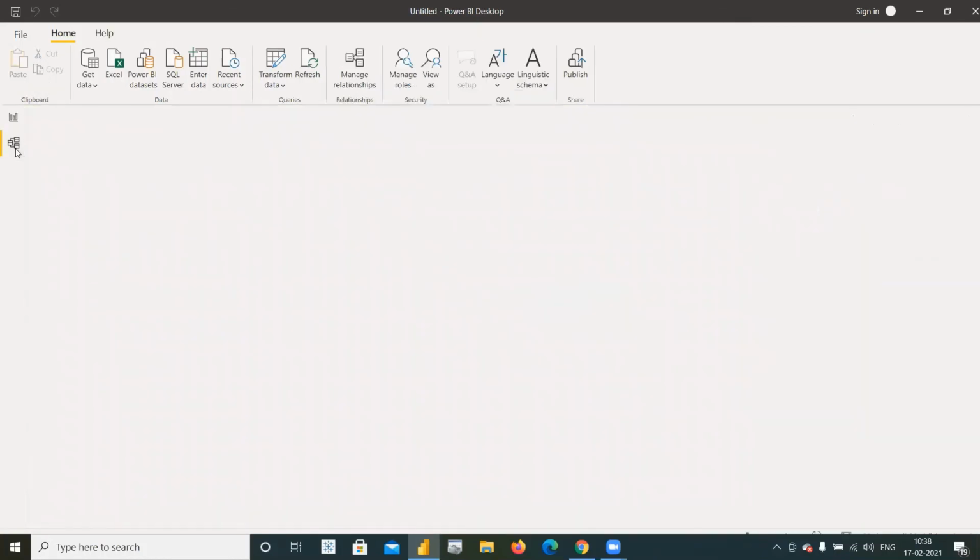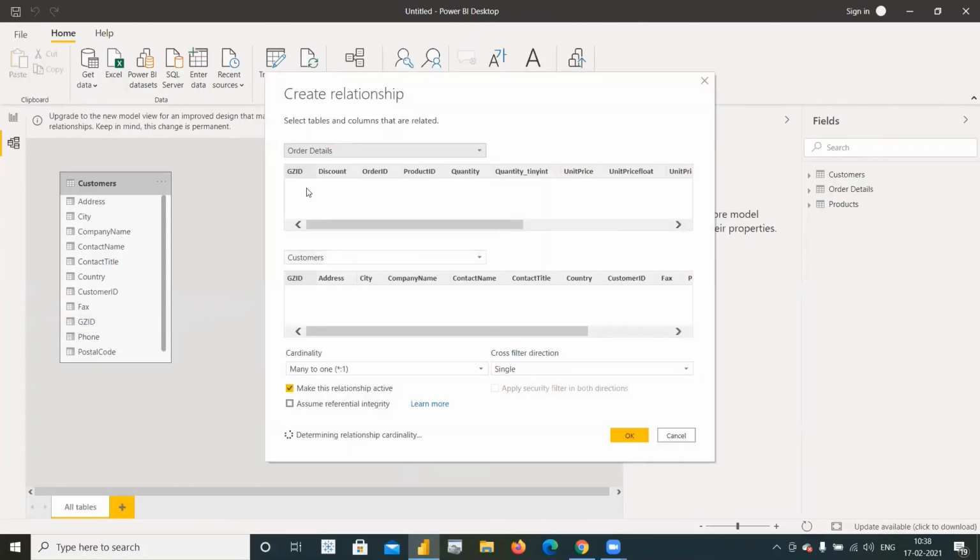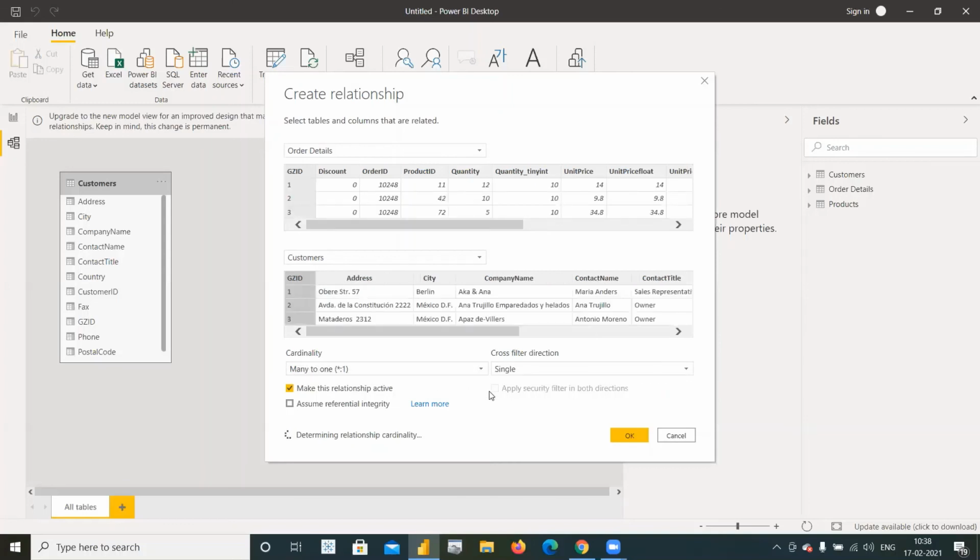Now I'm just going to the data relationship window, and here I'm just joining the GCID from the fact table to the first dimension table. And in this window, I'm just mapping GCID to GCID here. And it is automatically determining the relationship cardinality. I have to ensure the cardinality is many to one and cross filter direction is single.